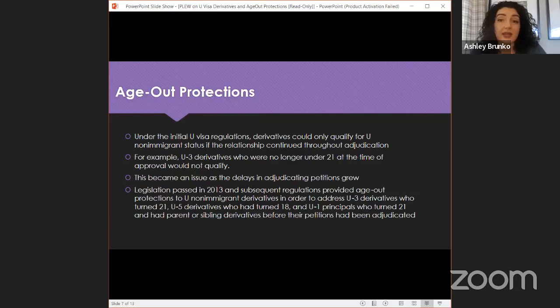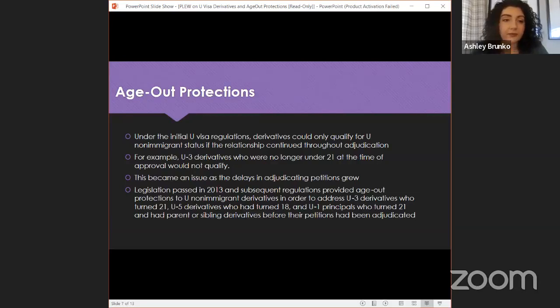People are currently waiting 6, 7, 8 years for final adjudications on those applications. And obviously during that time, you age 6, 7, or 8 years. So legislation passed in 2013 and some subsequently after created what is referred to as age out protections for U non-immigrant derivatives. Specifically, they address circumstances where at the time of adjudication of the I-918, the U3 derivative was over 21, a U5 derivative was over 18, and a U principal was now 21, but had petitioned for parent or